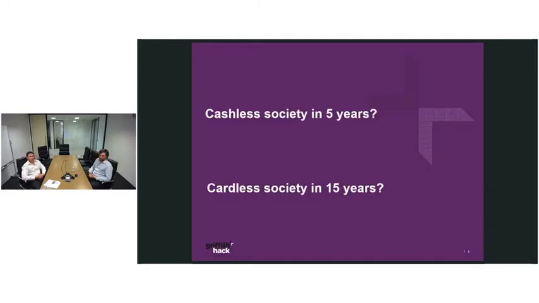So it leads to a question, what's going to happen? And in reality, it seems like there's a lot of ideas as to where people think the space is going to move. Less certainty, but we do know that the banks and government are talking about cashless societies. It could be in 5 years, and the next step could be cardless society, but we just really don't know how it's going to play out.